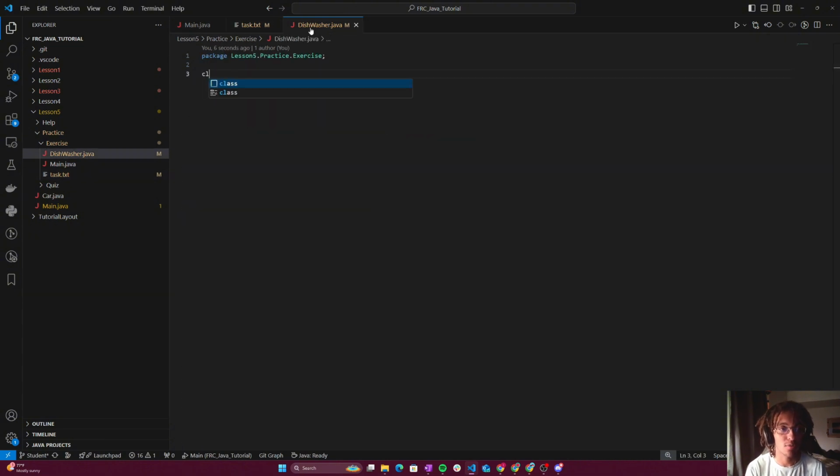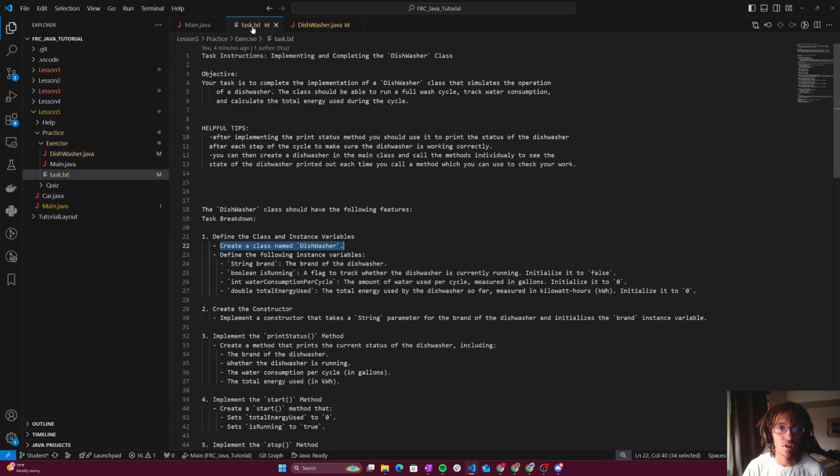In order to do that, we're just going to list out class and then the name of the class. In this case, it's going to be dishwasher. And then we're going to put curly braces to denote all the code that goes with the class. So we're going to create a class named dishwasher, and then we're going to define the following